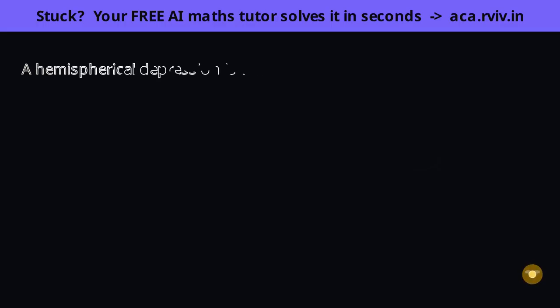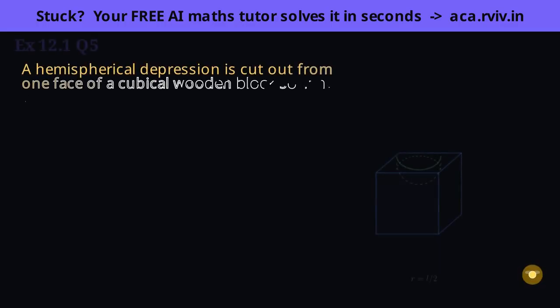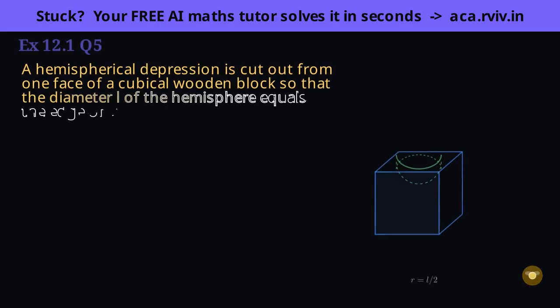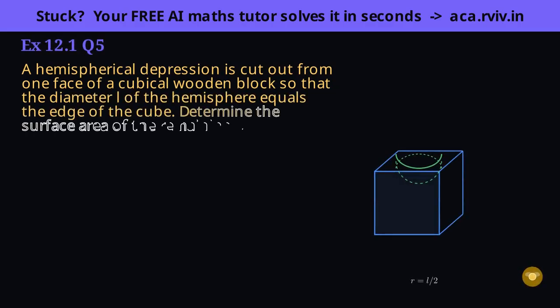This time we scoop a ball into the cube instead of adding a bump, and with no numbers given, the answer stays as an expression in the edge L. Here's the lovely surprise of this problem. Scooping a hollow does exactly the same thing to the surface as sticking on a bump. Cutting the ball hides a flat circle on that face, so subtract pi r squared, but it opens a curved hollow you can now see into, so add its curved surface, 2 pi r squared. Same two moves as the dome.